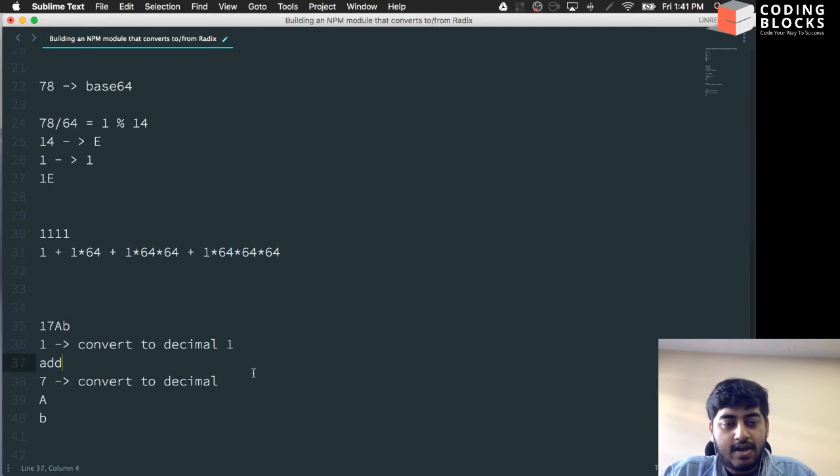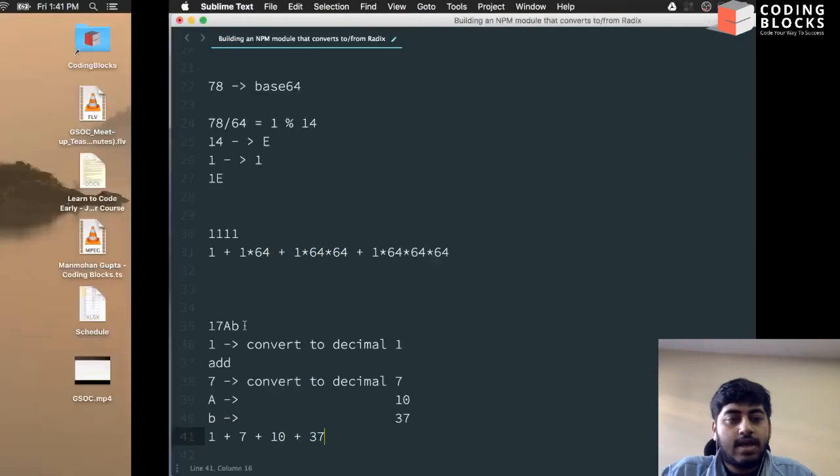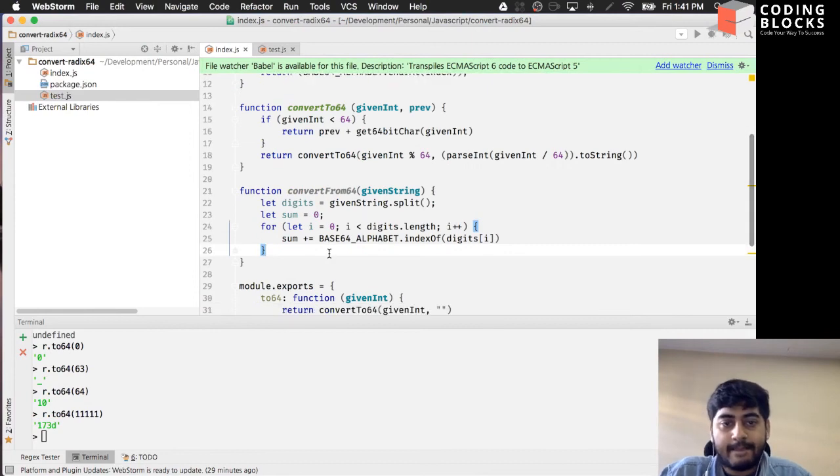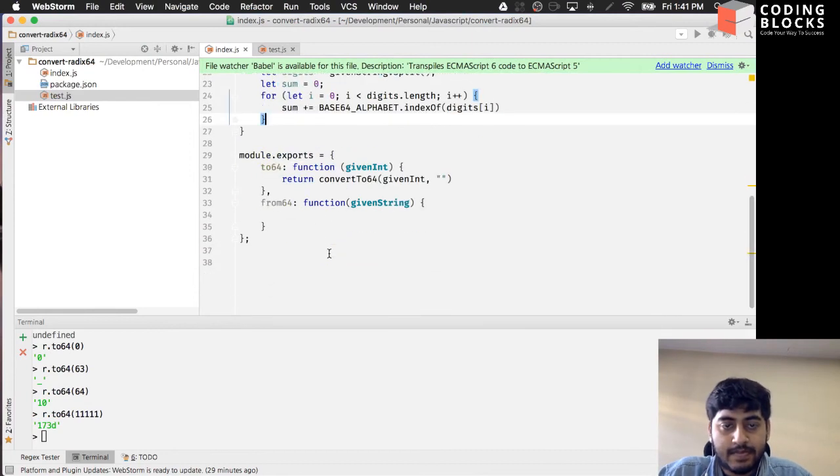So it will be like 1 here, this will be 7 here, this will be 10, this will be 37, and the final result will be 1 plus 7 plus 10 plus 37. So let's see. Return